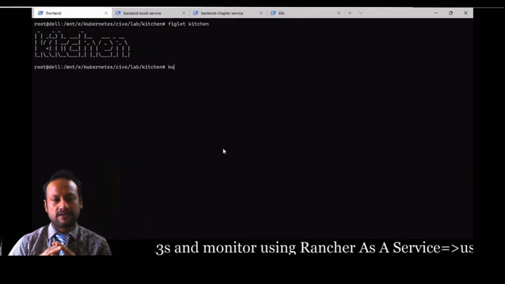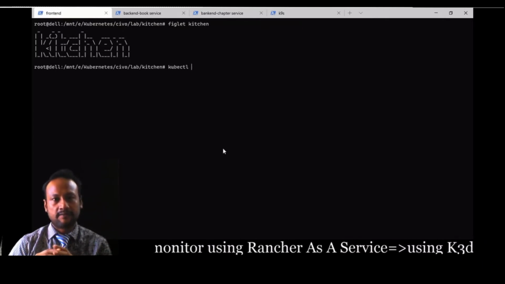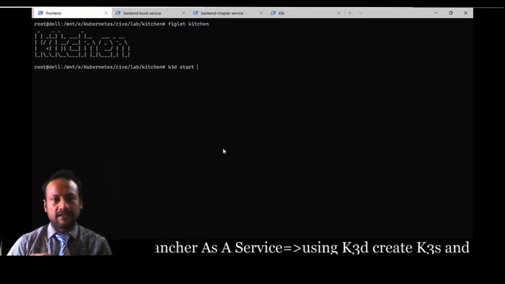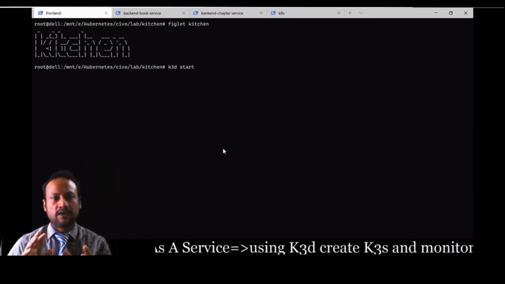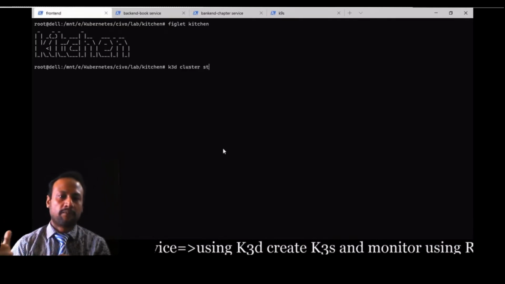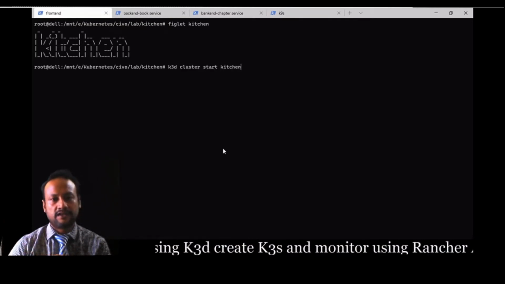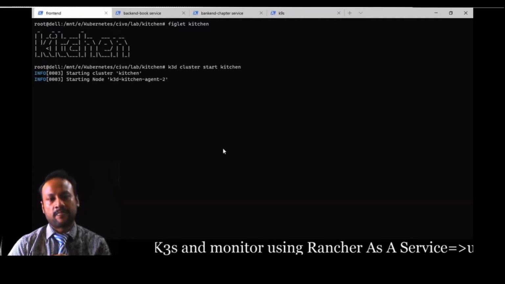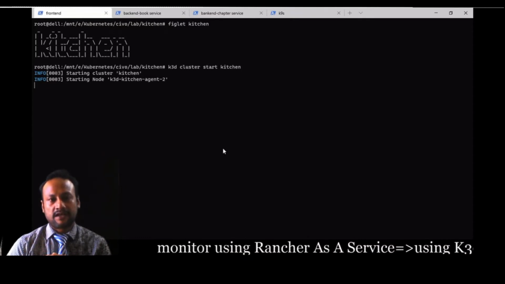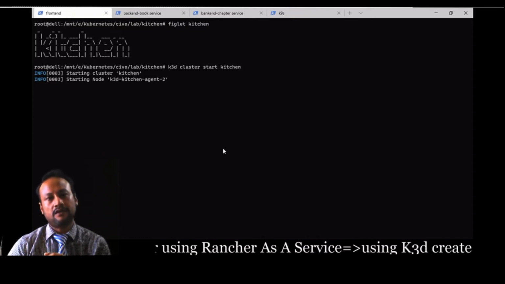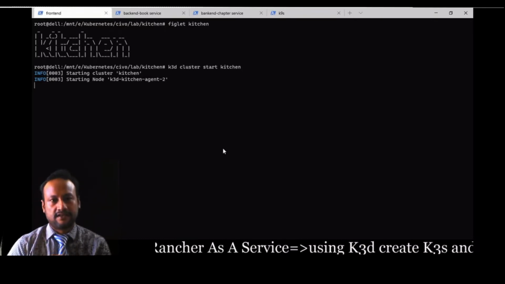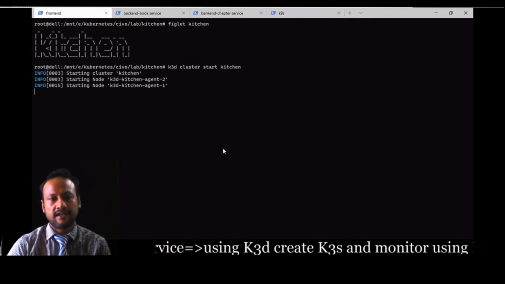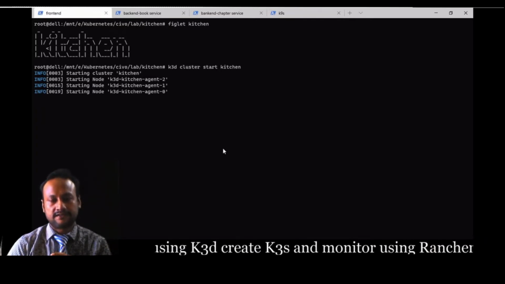So I have a Windows operating system where I have enabled the WSL, the Linux subsystem. So I have installed K3d. I will tell you at the end of this session how we can install the tools, including Popeye and K3s, into the Linux subsystem. So this is the command k3d cluster start kitchen, which creates a cluster in my Docker, and it's inside the Linux. It's an Ubuntu version. So let's wait for the agents. I think there are 3 agents, 1 server, and a load balancer.